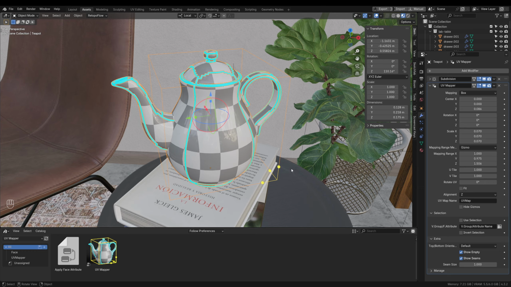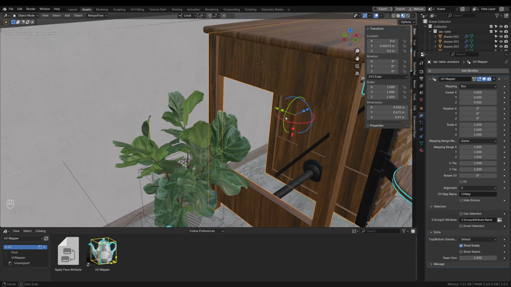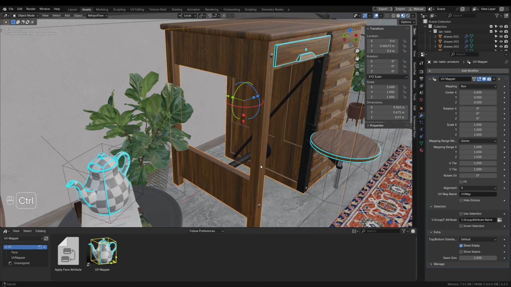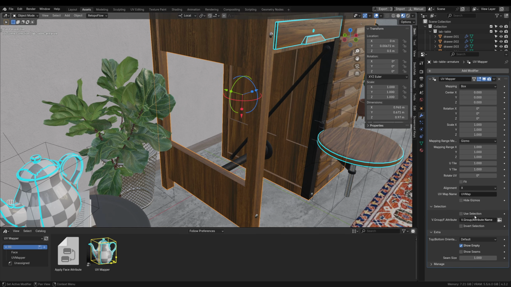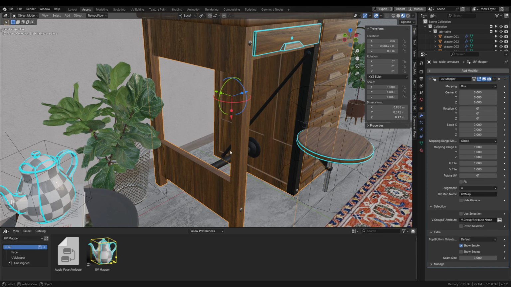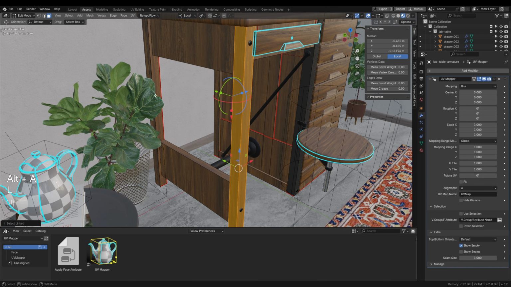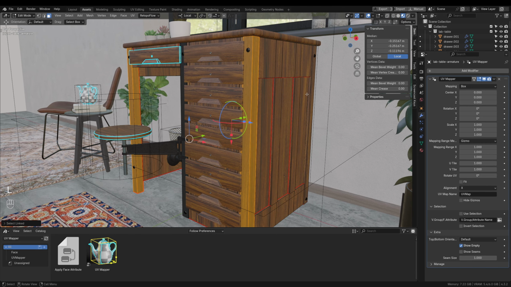Alright, and now we can go back to a more real life situation. So we have this table over here, and you can see that the direction of texture for the legs is okay, but for the sides we would like it to be horizontal, and for this we will use this use selection option. So first of all, I will select the mesh for the legs, and I will create a vertex